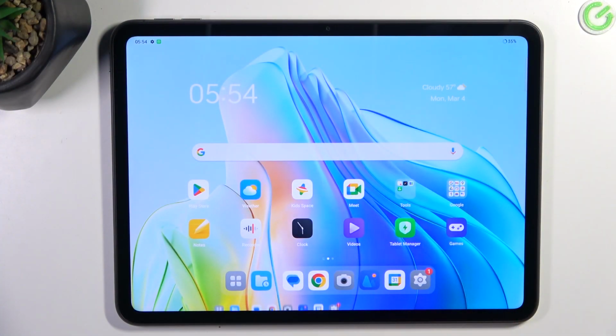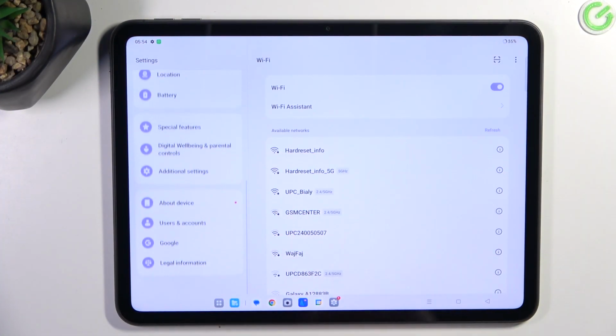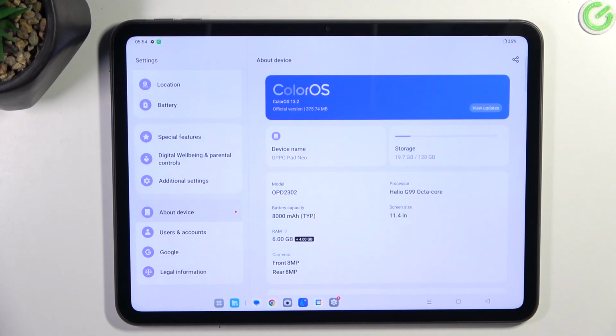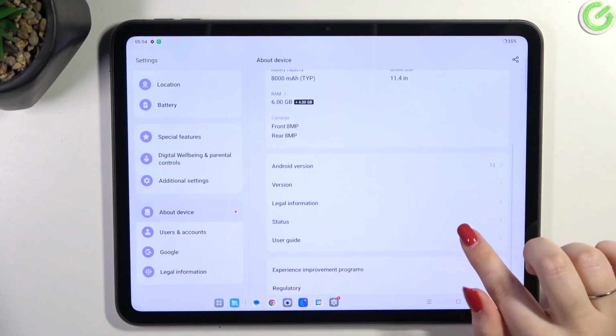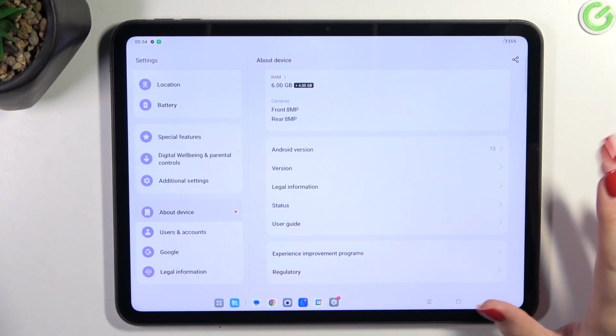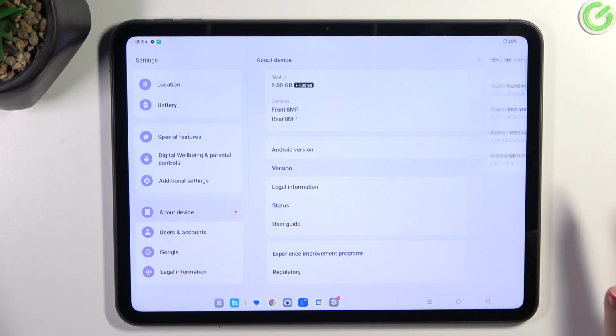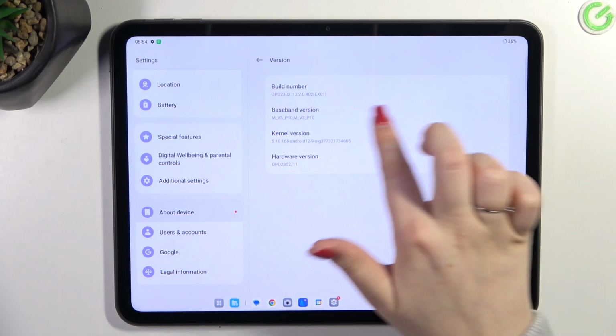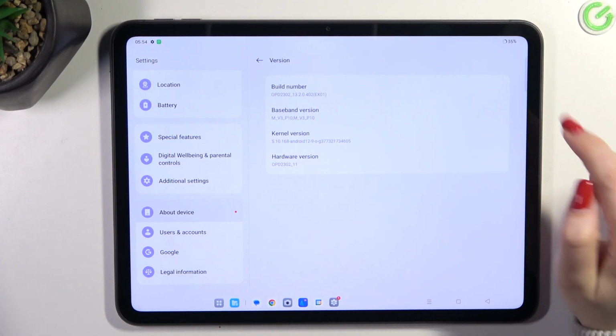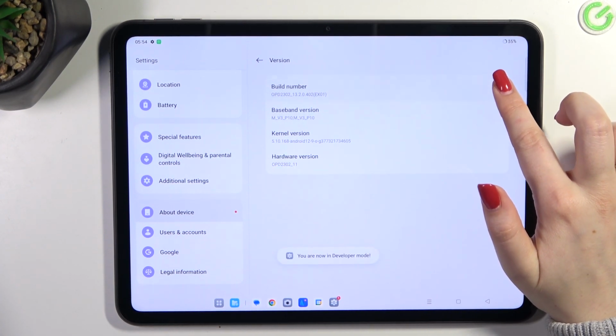So let's start with opening the settings, and here in this left section we have to scroll down to find about device. And then let's scroll down because we have to localize the build number. So let's first of all check the version maybe. And as you can see, the build number is at the top. So all we have to do right now is to keep tapping on it until we'll see that we are